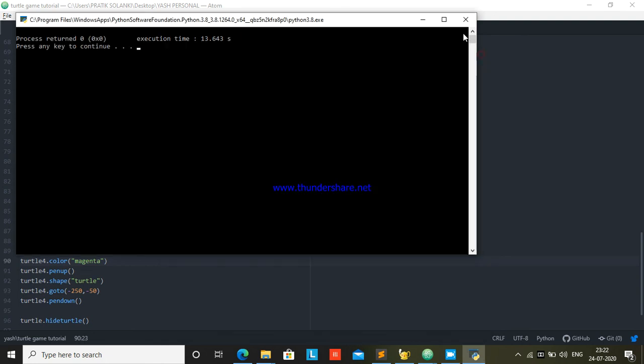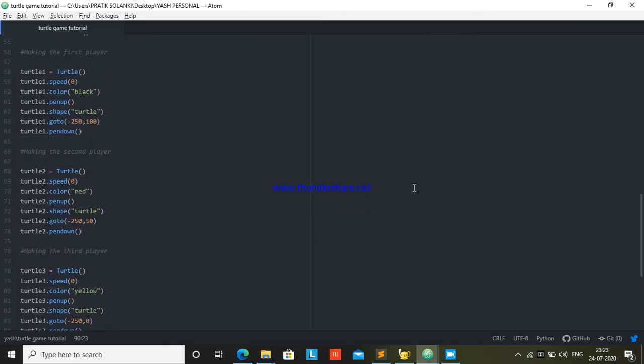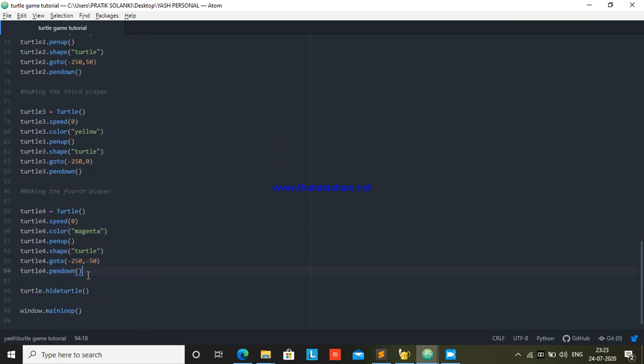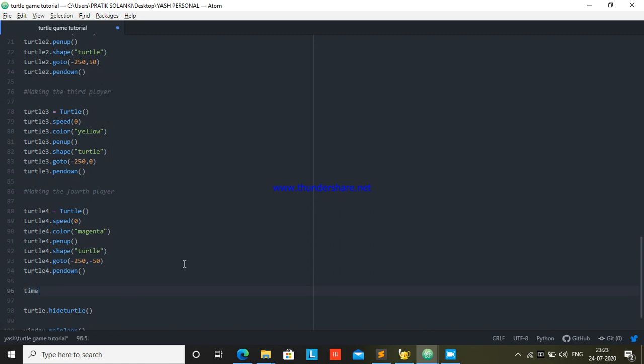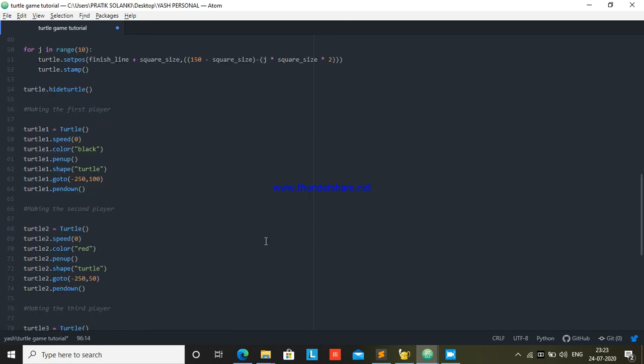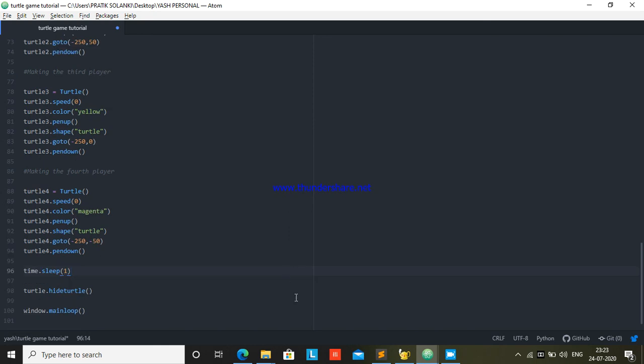Now actually, let's get in the random movements and then we will be done. It's not something really difficult. What we are going to do is make use of the time module that we imported at the top, as you can see. This is because we're going to leave the game for just a second, because we don't want to start the game instantly, which you will notice at the end of the game is important. So let's pause the game for a second,